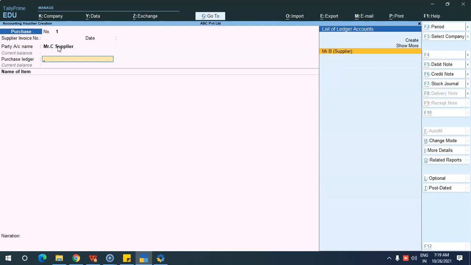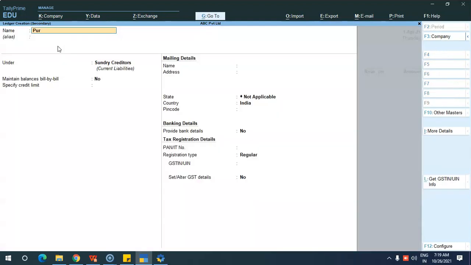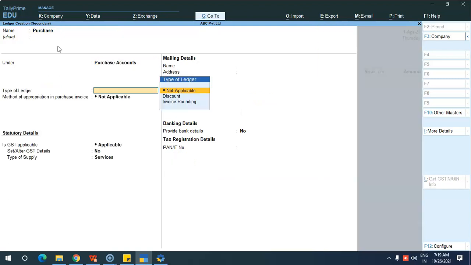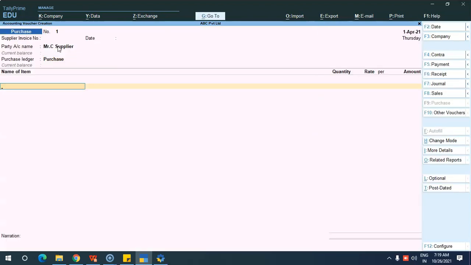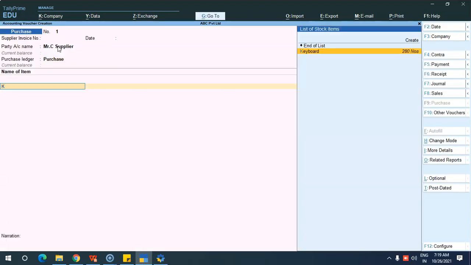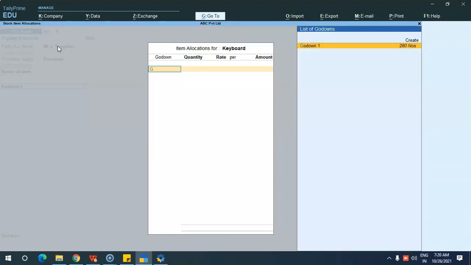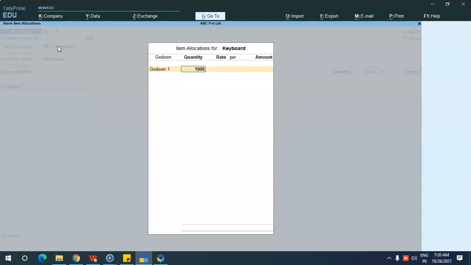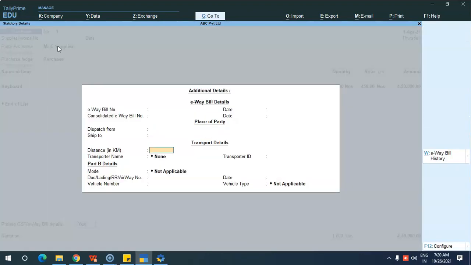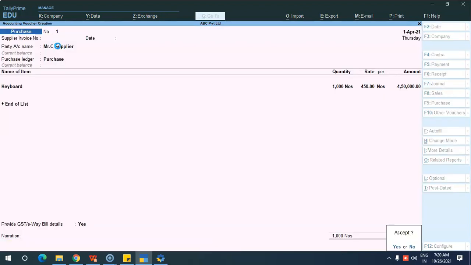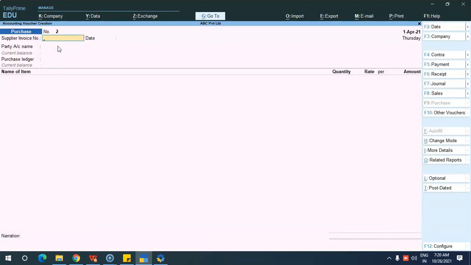And here you will be creating the purchase ledger. So just give Alt plus C for creating from the voucher screen. And the purchase accounts. Save this. I am going to purchase a keyboard for 1000 numbers again. And I am going to store it in the godown 1. Okay. So this is how you will be entering all the purchase details. Okay, that is the purchase voucher.